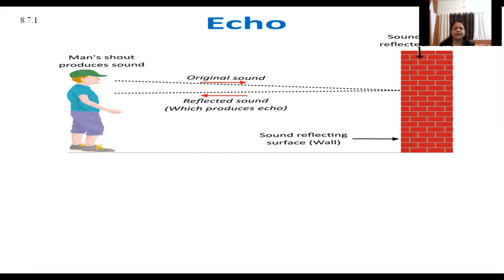So let us first see what is meant by echo. आपल्याला माहिती आहे की जेव्हा आपण एखाद्या डोंगराळ भागात जातो आणि आवाज देतो त्यावेळेला थोड्या वेळाने आपलाच आवाज आपल्याला ऐकू येतो. That is known as the echo. When does it happen, and what is the main condition for this to happen, that we are going to see.